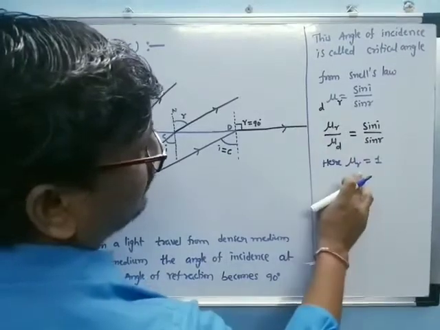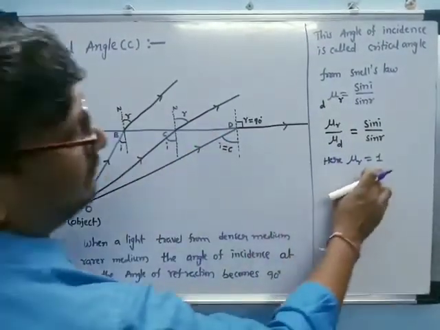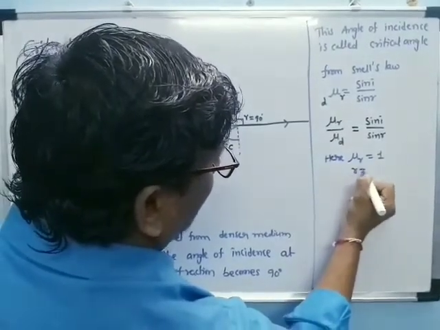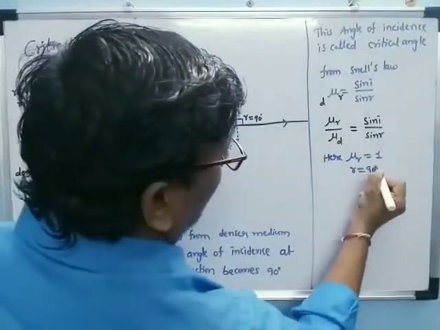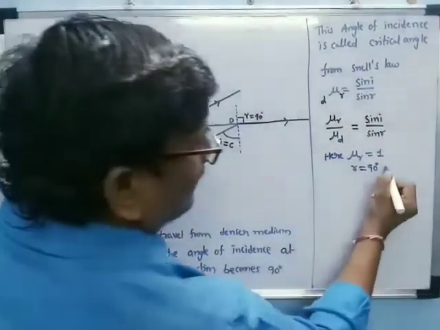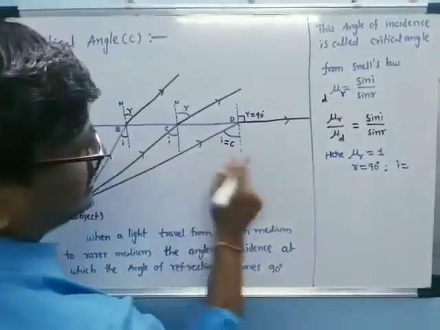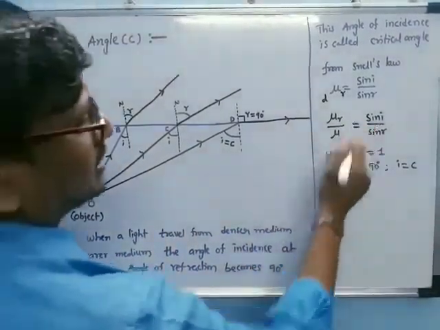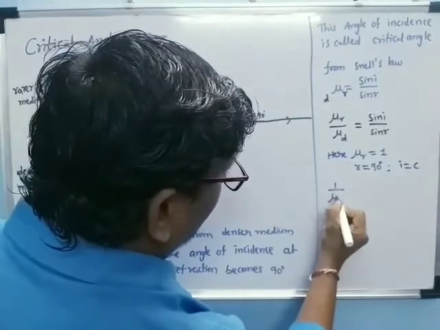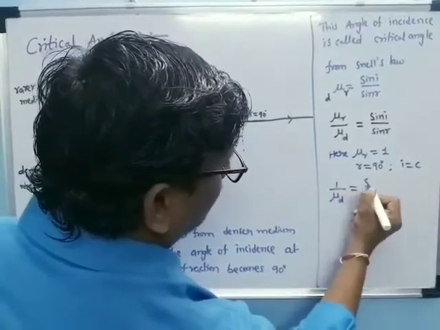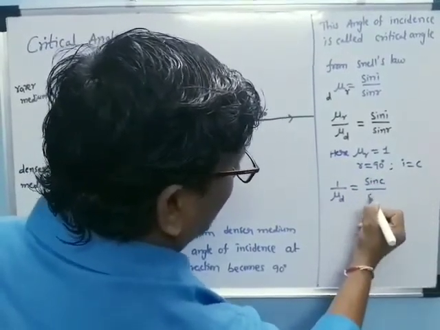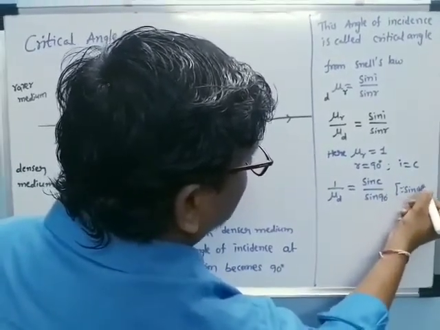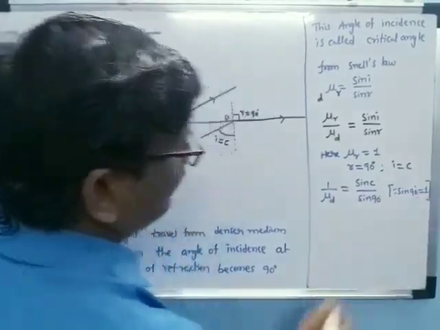Now it's a constant value. The rarer medium is nothing but air, and that value is equal to 1. And sin r, the angle of refraction r, is equal to 90 degrees. And i, the angle of incidence, is equal to the critical angle C. Now these values are substituted here. So 1 by nu d is equal to sin C by sin 90 degrees. Since sin 90 is equal to 1,